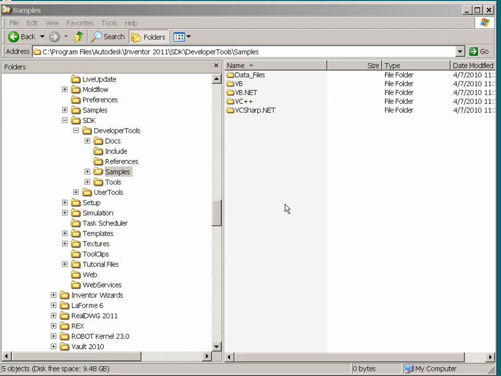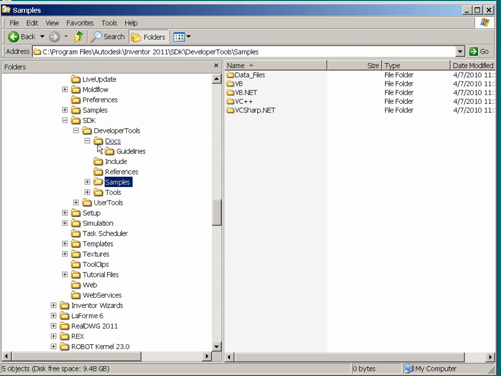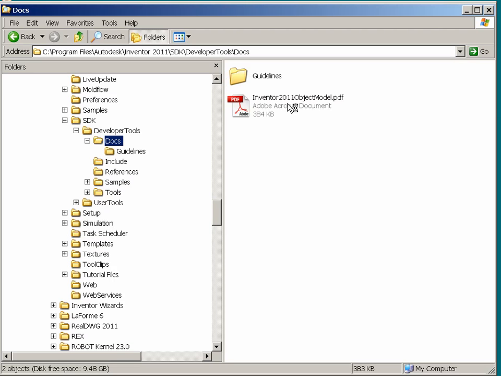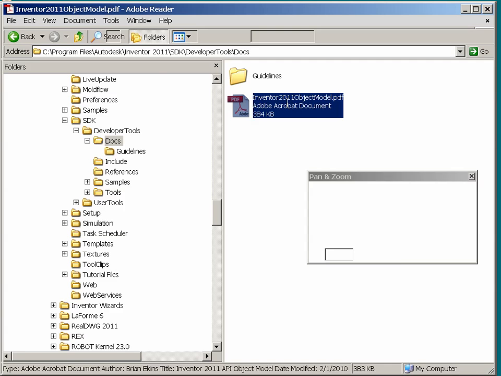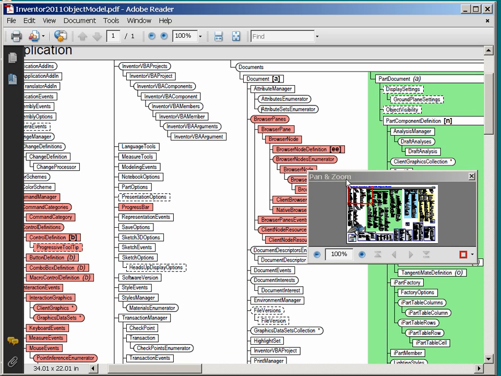A useful document that is installed by the SDK is the Object Model Diagram. The diagram is a PDF, and it shows the hierarchy of objects in the Inventor API. The document is located in Developer Tools Docs. I'll go ahead and take a look at this PDF file. This is a large document, and I find that the pan and zoom tool is very useful,